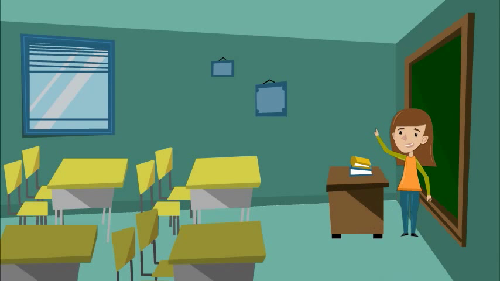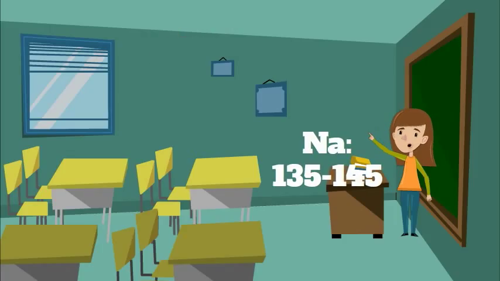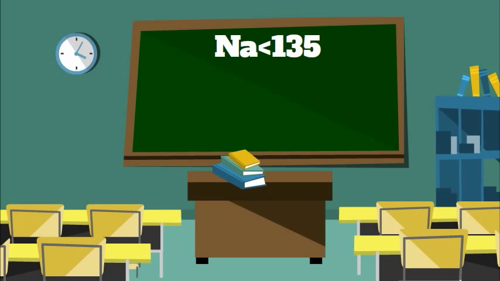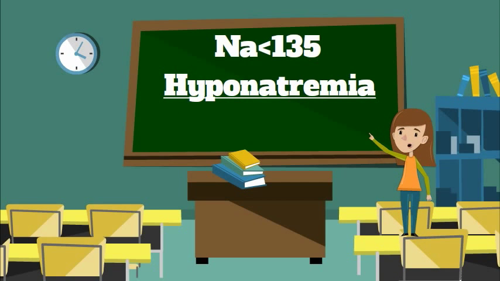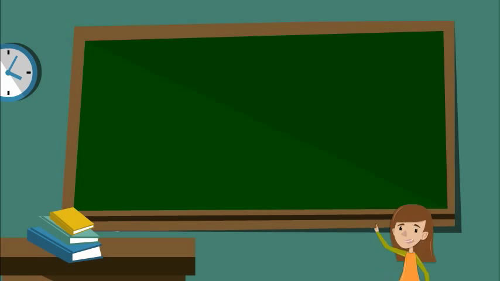Hyponatremia is a serum sodium level less than 135. So normal sodium level should be between 135 and 145. Anything less than 135 is considered hyponatremic. If your patient has a sodium level of 134, they are considered hyponatremic, but that doesn't mean we'll run and